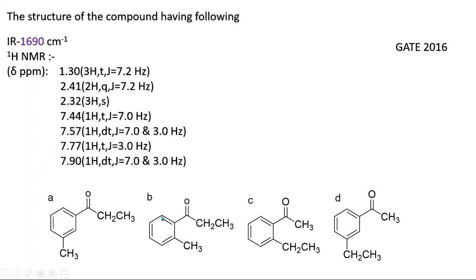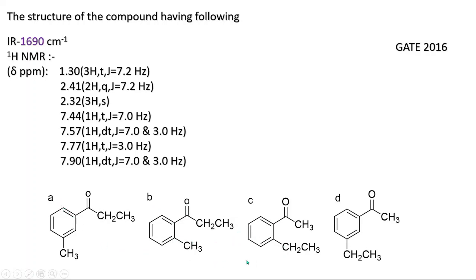If you see this molecule, this will give a doublet and also a doublet, doublet of doublet. We don't have doublet of doublet. One is for ortho coupling, one is meta coupling. This is ortho, we will get a triplet, and meta we will get a doublet, so doublet of triplet. So this is not applicable because we don't have that kind of splitting pattern. First it will give a doublet, second it will give a doublet. So doublet of doublet is absent. So this type of molecule will not be applicable. This is also not applicable.